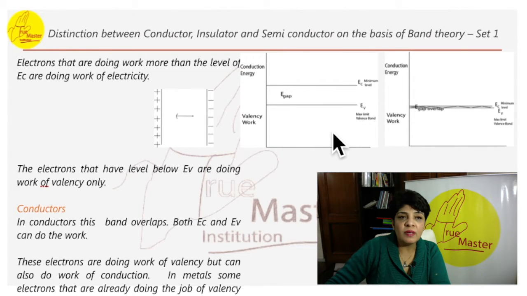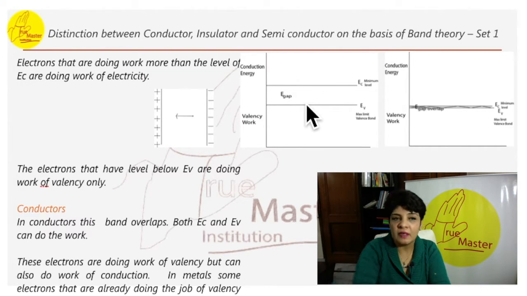The conduction band has a higher energy level and does the work of conductivity, denoted by EC. So they are going to do the conductivity. The gap between the top of the valency band and the bottom of the conduction band is called the energy gap. Here please note no electron of any energy level exists, denoted by the symbol Eg.